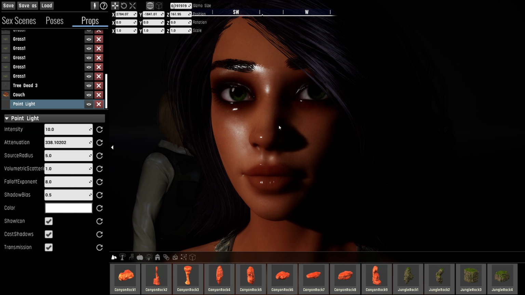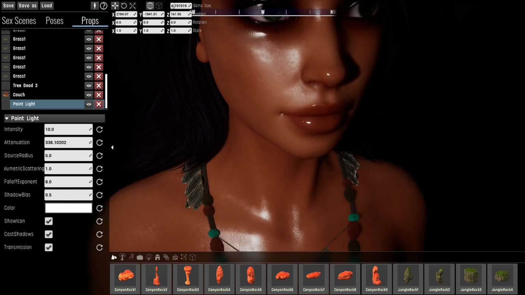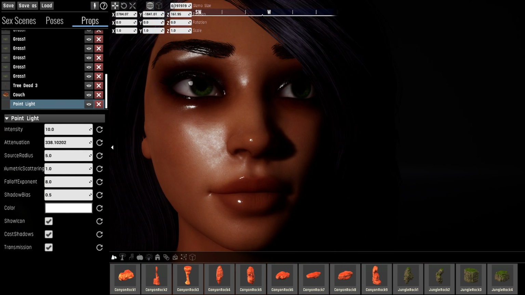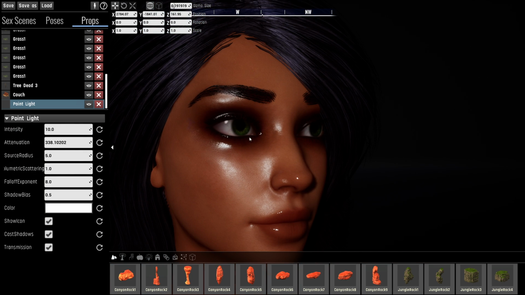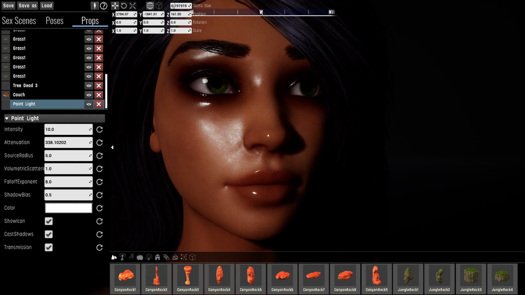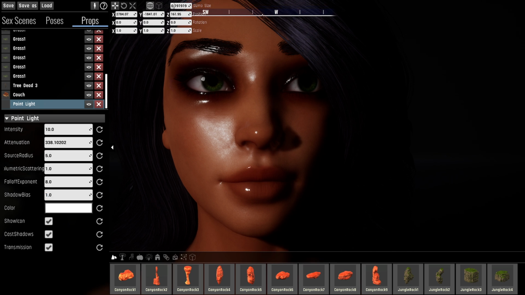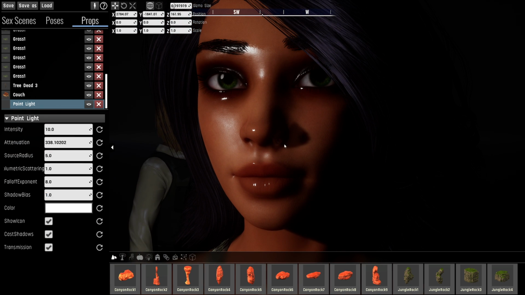And you can see how it's casting a shadow on her nose and her face here. Everything is casting a nice shadow. Now if the shadow looks a bit weird, like it's looking quite low resolution, the shadow bias attribute can help. So what this will do is it will increase the fidelity of model details that should be casting shadows, the lower the value is. If I set this to 1, you can see how the shadows have become even less